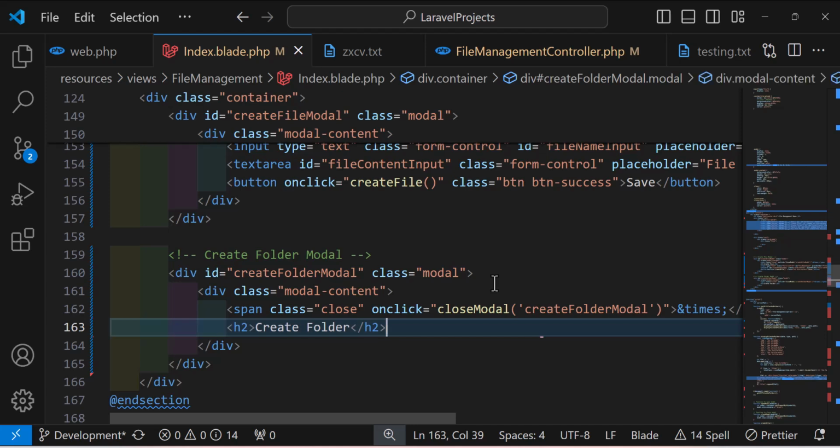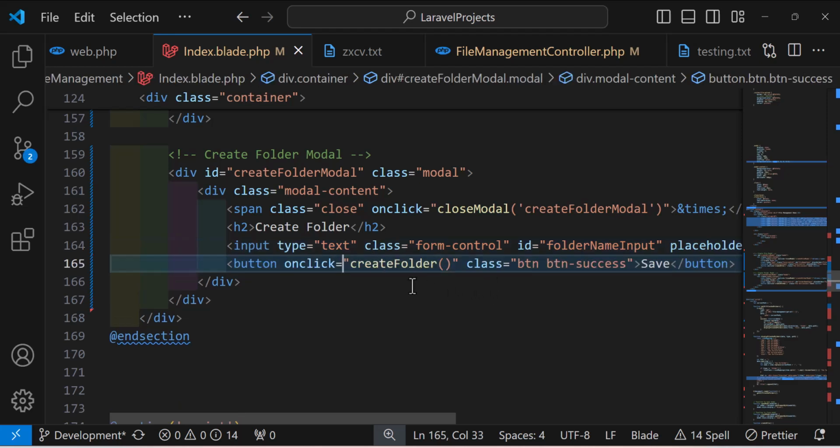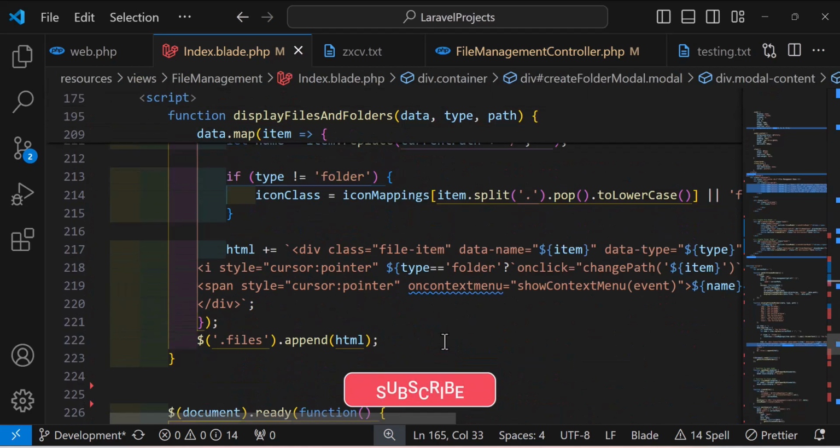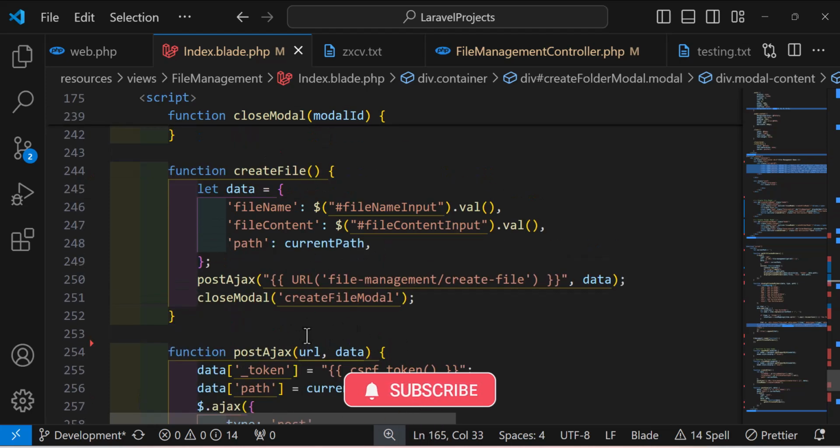Then inside here I will give a title. After the title, I need an input box to get the folder name from the user, and a button to save the changes and create the folder. Now let's scroll down, and after the create file function and before the post, in here I will create a